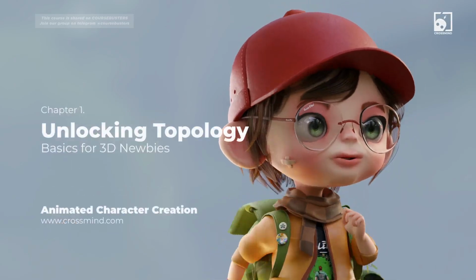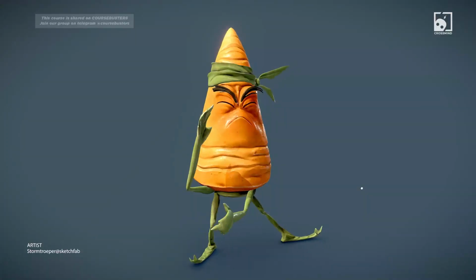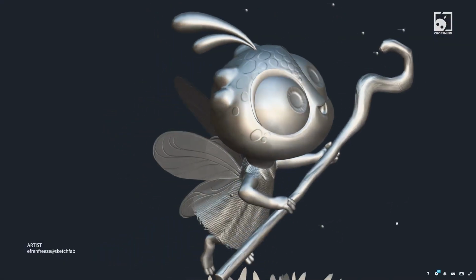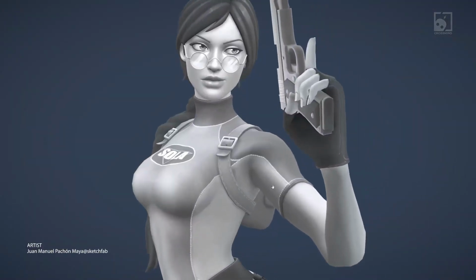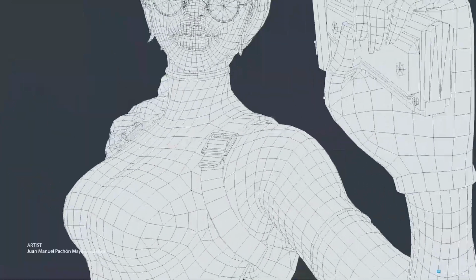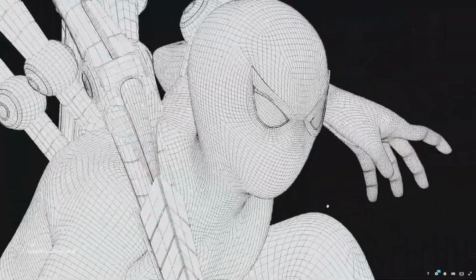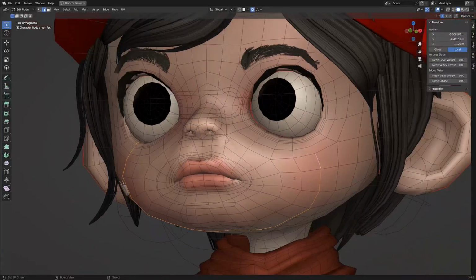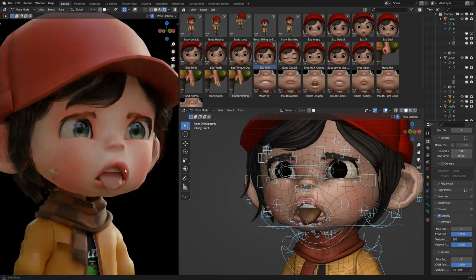When you open a 3D software, especially the kind used for animation, you'll see that everything is made of these wire-like structures with loops spanning the entire structure. This is the topology of a 3D mesh. Topology refers to the arrangement and flow of the vertices, edges, and faces that make up a 3D mesh. It dictates the structure of your model and plays a pivotal role in determining how well it deforms, animates, and